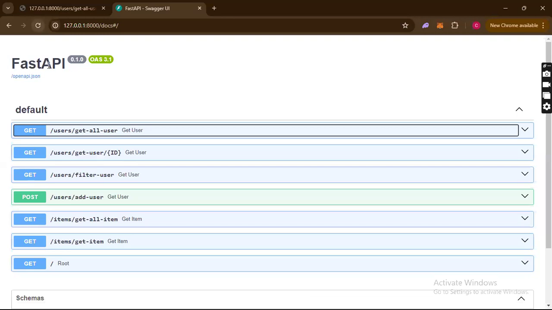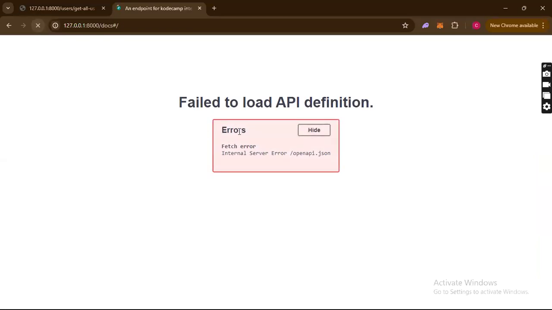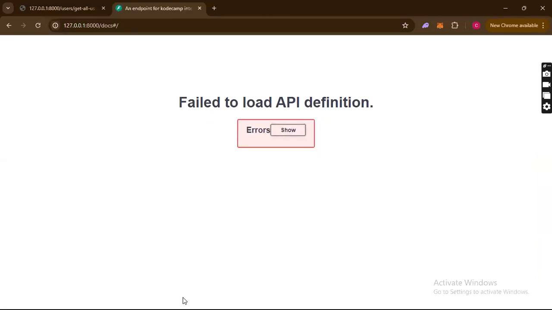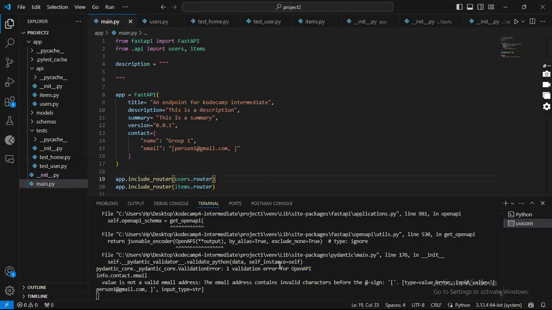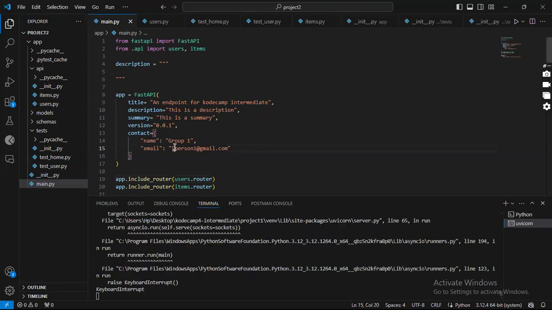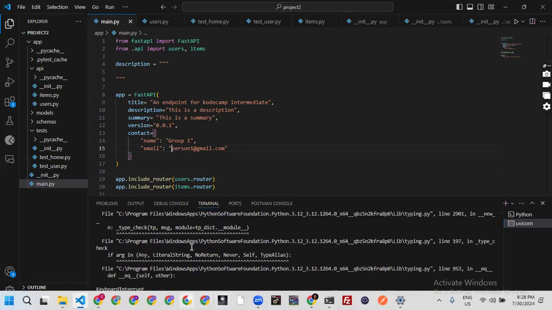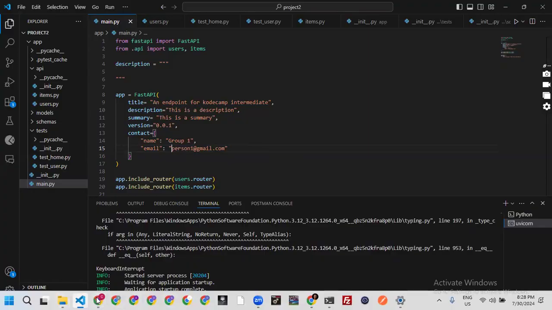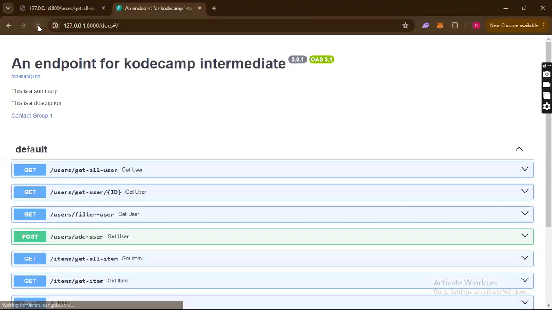So if you go back and then we refresh, then we should have some information before the beginning of our endpoint, right? Some basic metadata, meta information. Let's confirm that our endpoint is working. So this needs to be one there. And then let's go back and refresh this one. Right, so you can see we have the summary there, we have the description there, we have the contact,